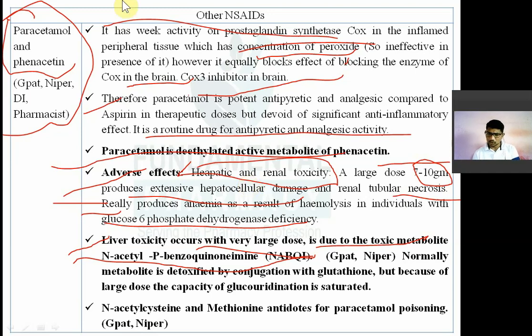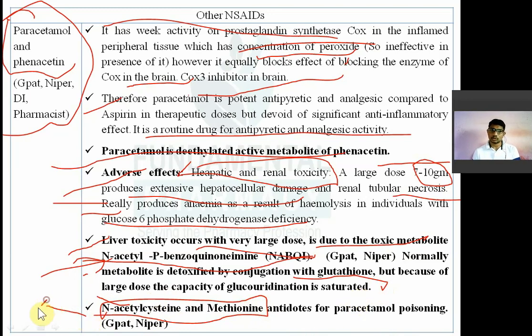So if you take more dose, there is generation of this reactive metabolite, and you know that this metabolite is removed by glutathione conjugation. So you can understand the antidote here. Any drug that can increase the glutathione level of the body will act as an antidote for paracetamol particularly. For example, N-acetylcysteine and methionine. These are sulfur-containing amino acids. N-acetylcysteine is a substituted cysteine derivative, and methionine is a pure sulfur-containing amino acid. They are the precursors for glutathione synthesis, and that's why they act as an antidote for paracetamol poison.